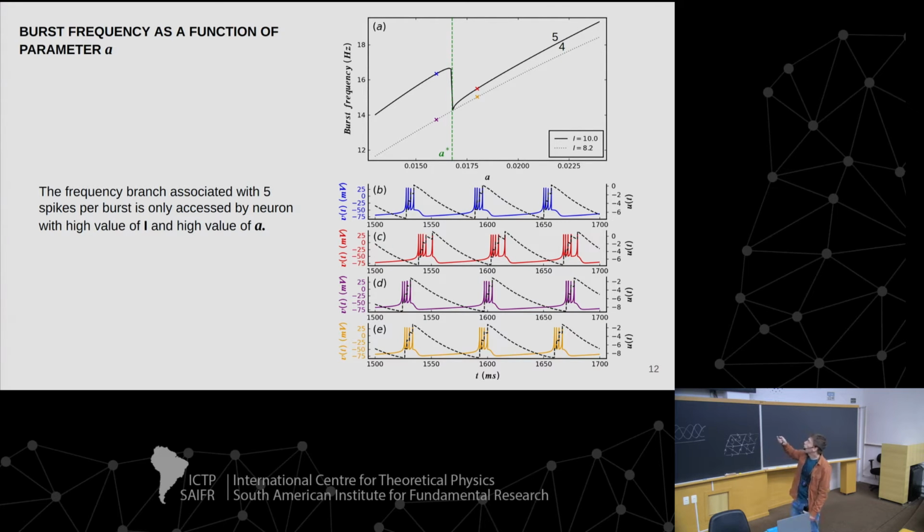The solid line is for a high bias, and the dashed line is for a low bias. You see that for a high bias, the bifurcation occurs because it stimulates more spikes, and for a low bias, the bifurcation doesn't occur. This is important because one of the explanations for the phenomenon is that when the network is coupled, each neuron can behave like in one branch or in the other. So during the dynamics, each neuron can display only 4 or 5 spikes per burst. It limits the possible frequencies for each neuron. Here are just some examples of the individual dynamics.